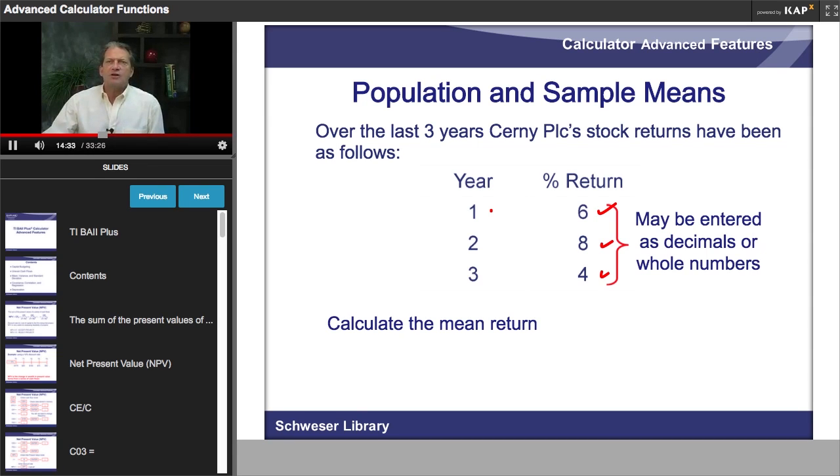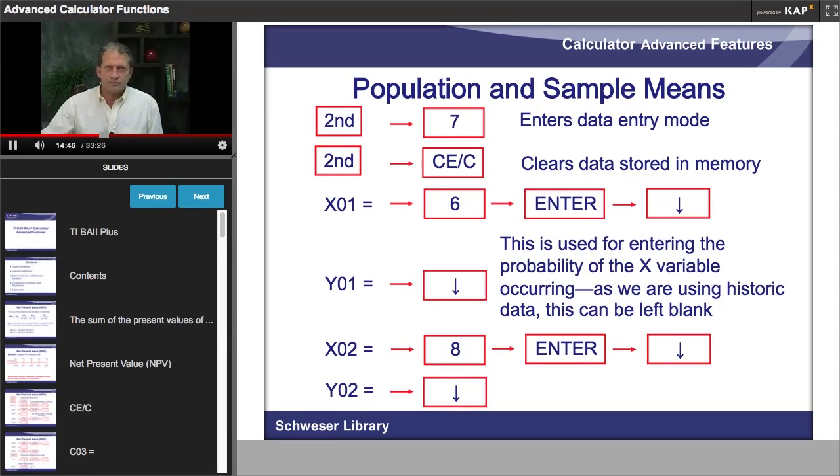So calculate the mean return. Well, we know it's 6 because 6 plus 8 plus 4 is 18 divided by 3 equals 6. So how do we enter these? Well, second 7 gets you into the data entry mode, and it just says data above the 7 key. So we're going to put this in